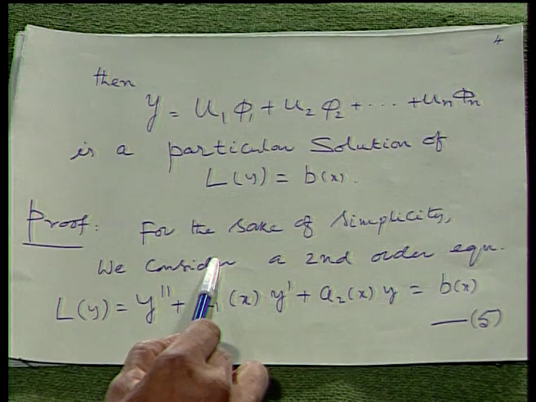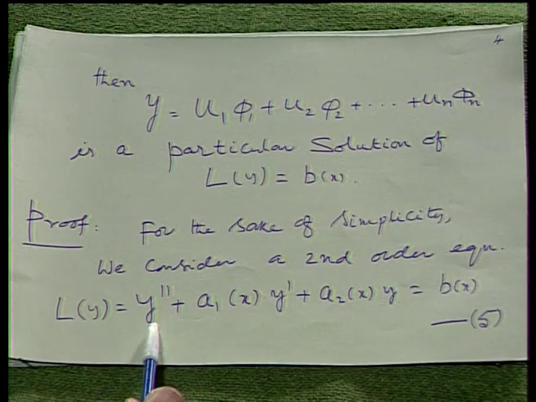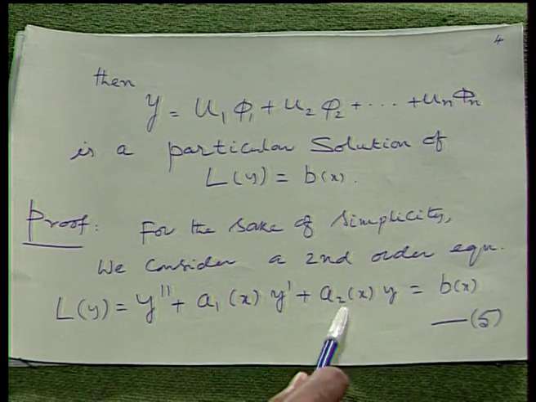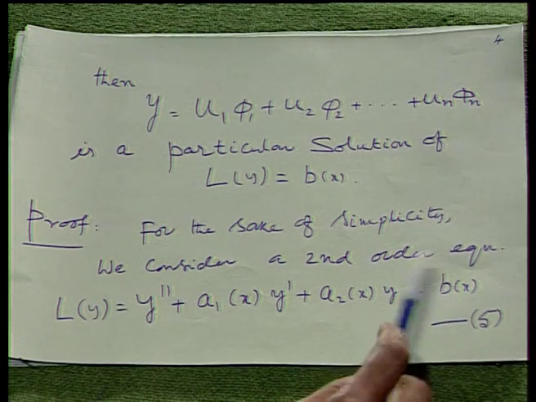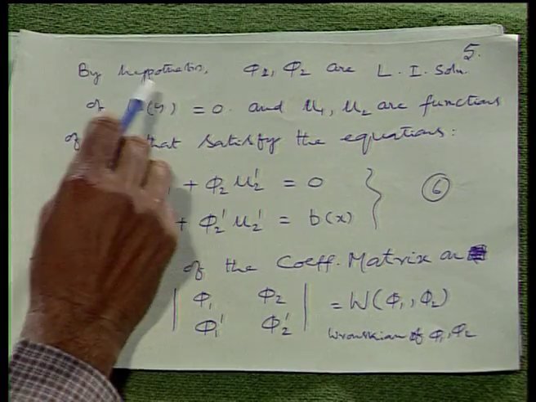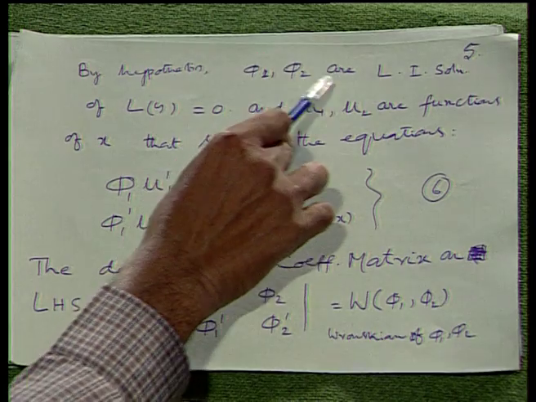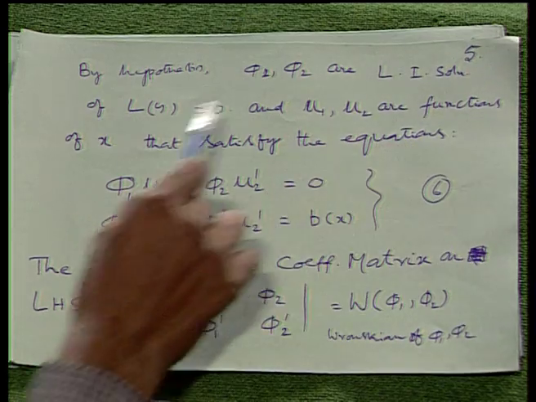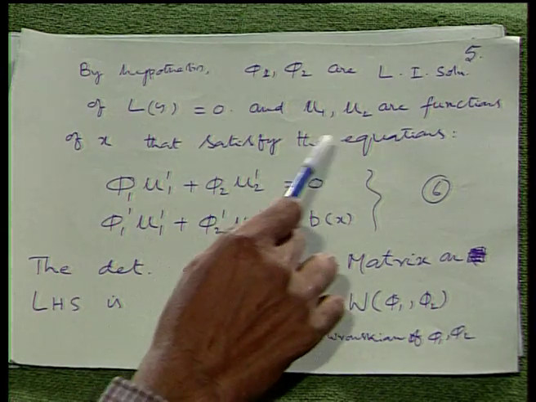For the sake of simplicity, we assume a second order differential equation and then prove the theorem, and the generalization follows. Now, the general linear second order differential equation is y double dash plus a 1(x) y dash plus a 2(x) y is equal to b(x). By hypothesis, because this is a second order differential equation, phi 1 and phi 2 are two linearly independent solutions of L y equal to 0, and u 1, u 2 are functions of x such that they satisfy the equations